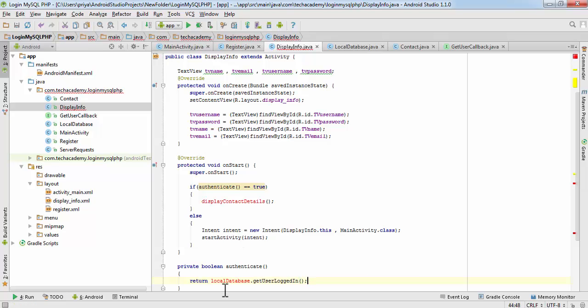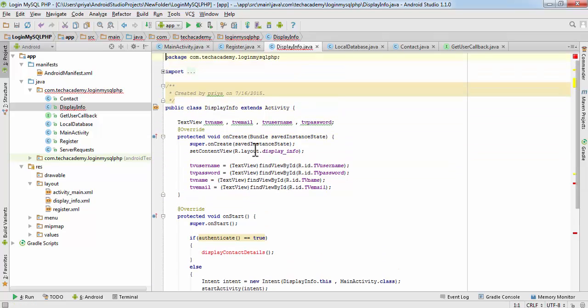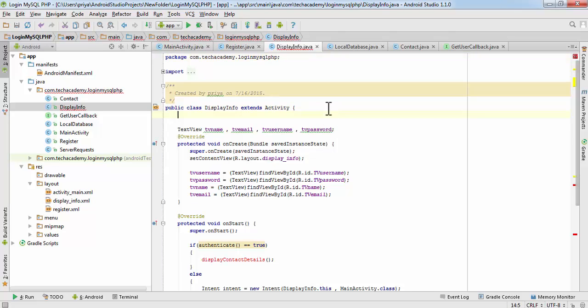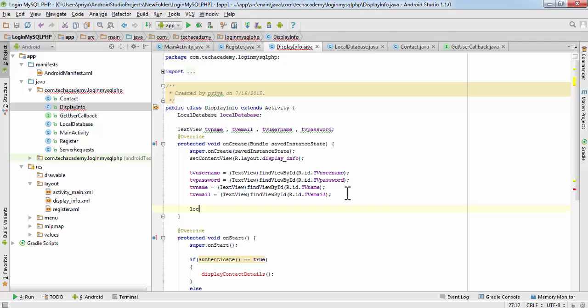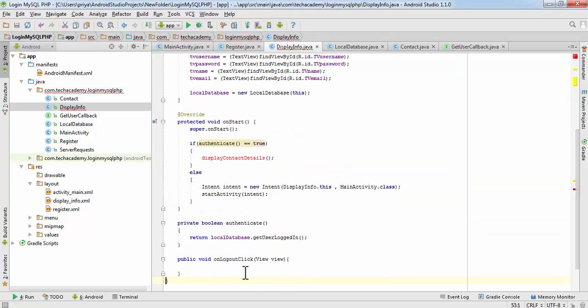Here also we haven't created an object of the local database class, so create an object here, local database, just declare it here, and in the onCreate method instantiate it. So write local database equals new local database and pass this. So this error will be gone.